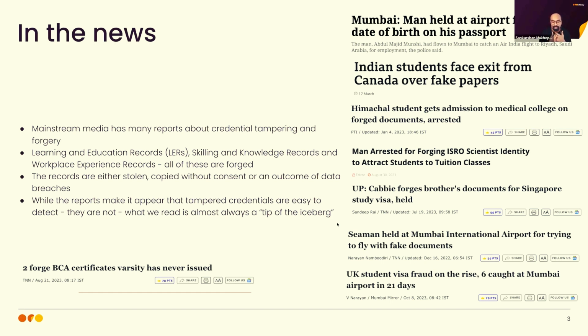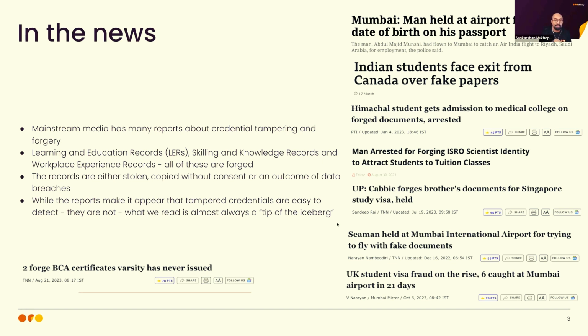Whenever you produce a document to be presented somewhere, the relying party or the verifier has to spend a lot of time and effort to understand whether the document that we are presenting is authentic, correct, has the absolute correct status that you are claiming it has, and has been issued by somebody who is legitimate. As you can see, it's very common to have credentials being issued by organizations that either do not exist or are not even supposed to issue those credentials.